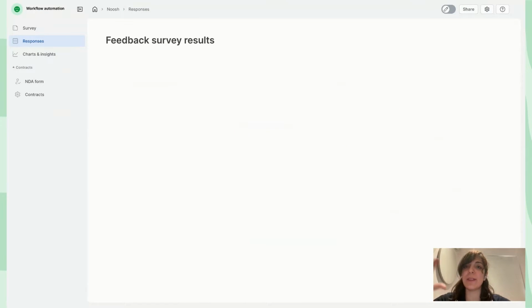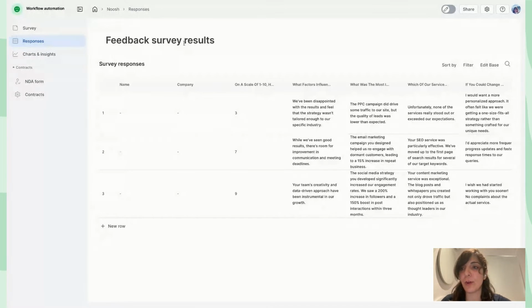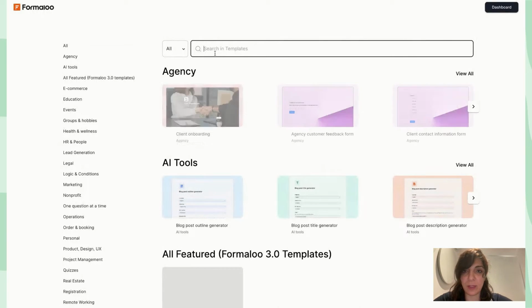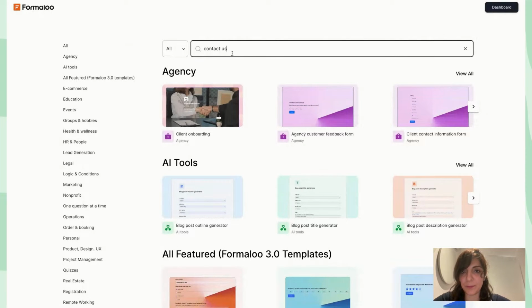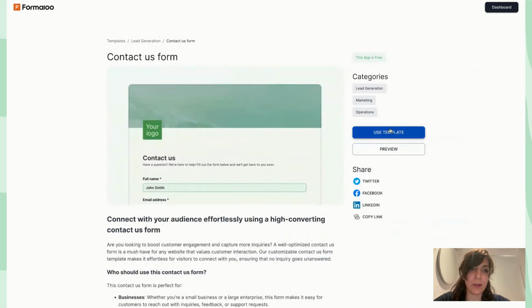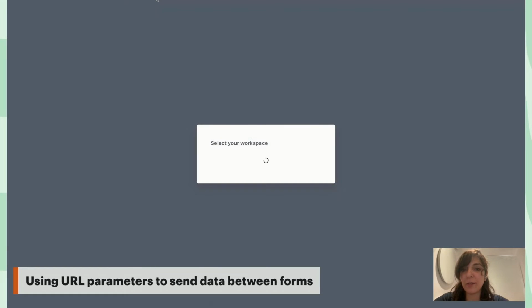How you can use these URL parameters to send the form data to another form. So let's say, let's start with a random template. I say let's start with a contact us template. You can of course start from scratch, and I will show you how you can build something from scratch